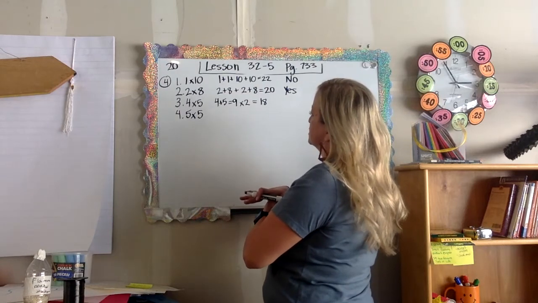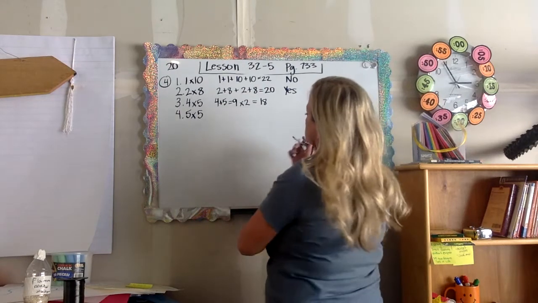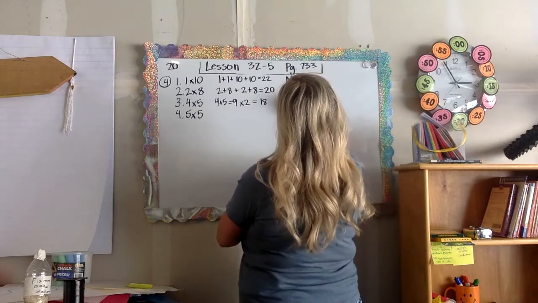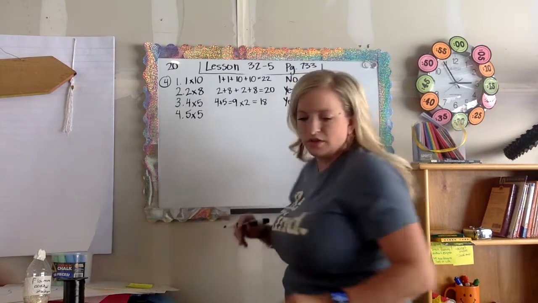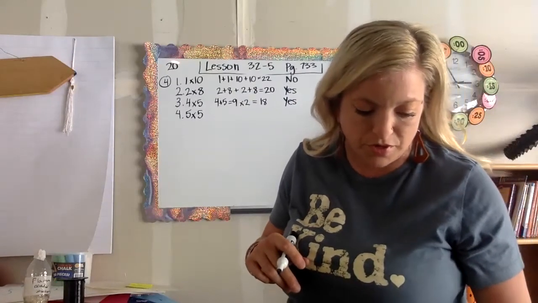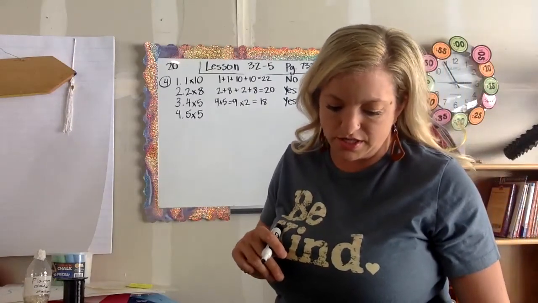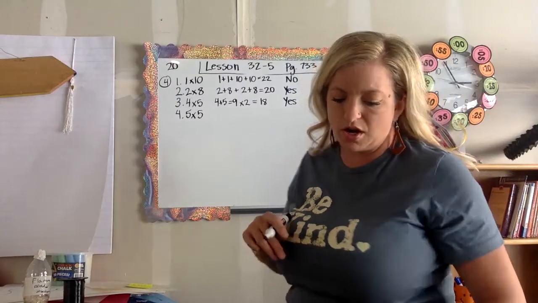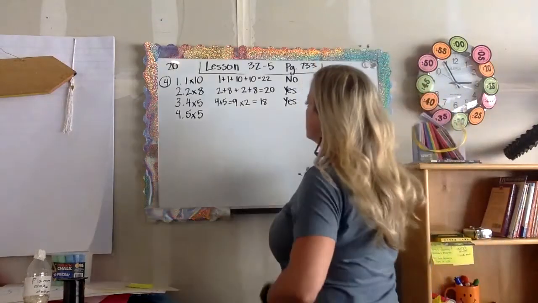Just making sure that I did that right. 9 times 2 is 18. So would she have enough? Yes, she would have enough, unless I wrote down those wrong. Yeah, okay, good. All right, then for number 4,